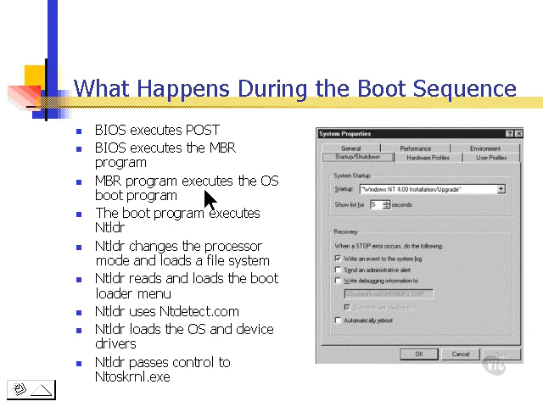This is also normal. But at this point, NT begins to take over, because at this point the operating system boot program executes NTLDR. NTLDR is the NT loader program, and the NT loader program then takes over. The NT loader program changes the processor mode from real to protected, and it loads the file system. The NTLDR then reads and loads the bootloader menu, so it looks at what operating systems are available to this